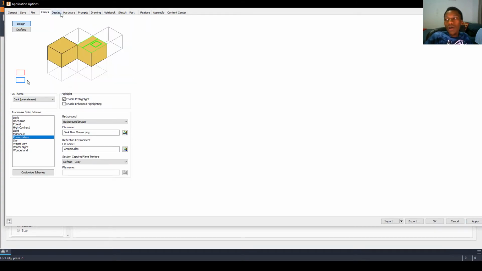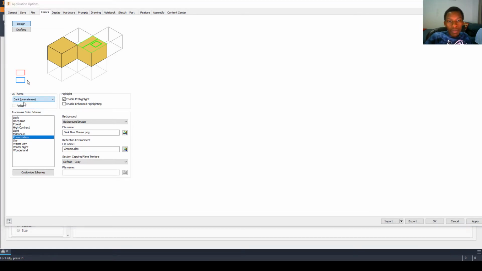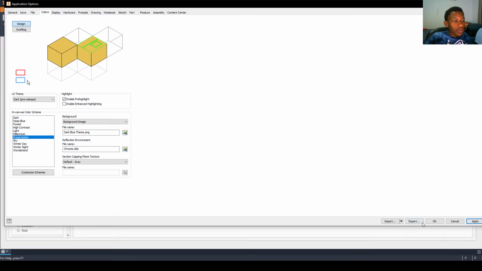This will be the color of the interface itself. This can actually be adjusted between light mode and dark mode if you've got Inventor 2021. Other than that, you also have presentation. I do recommend that you leave this on presentation, and the reason being is, yes, the background is white and